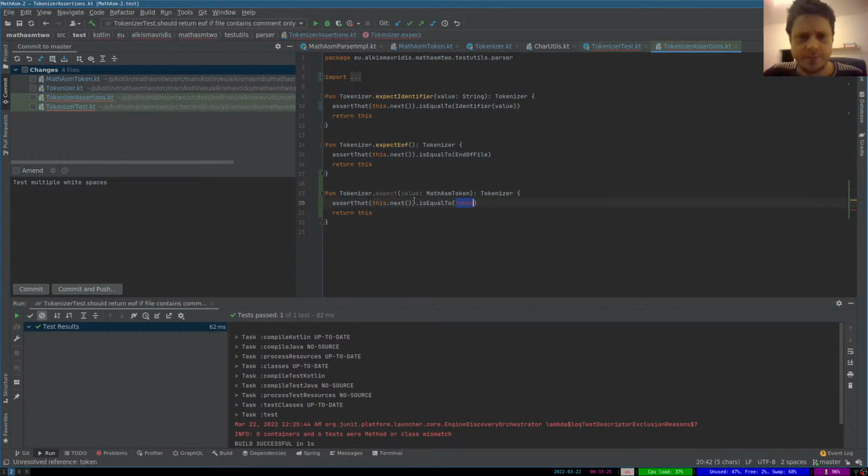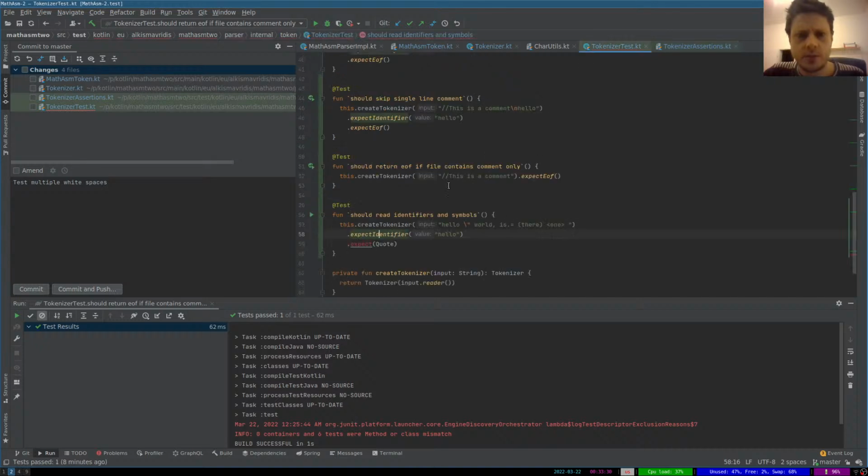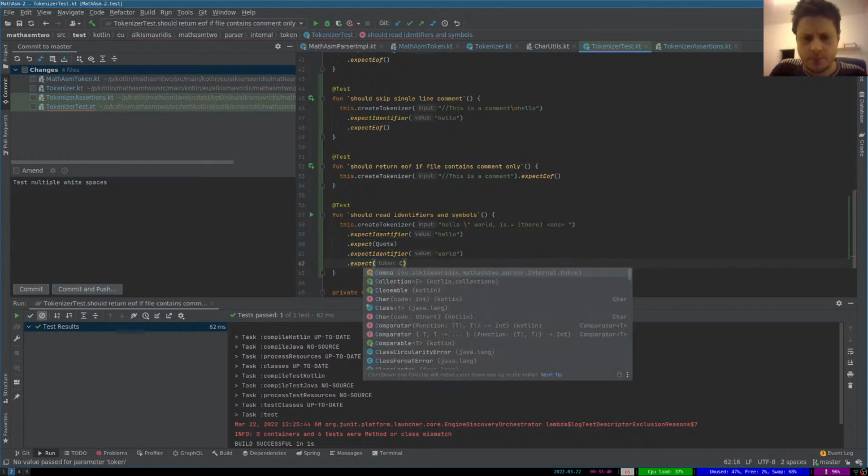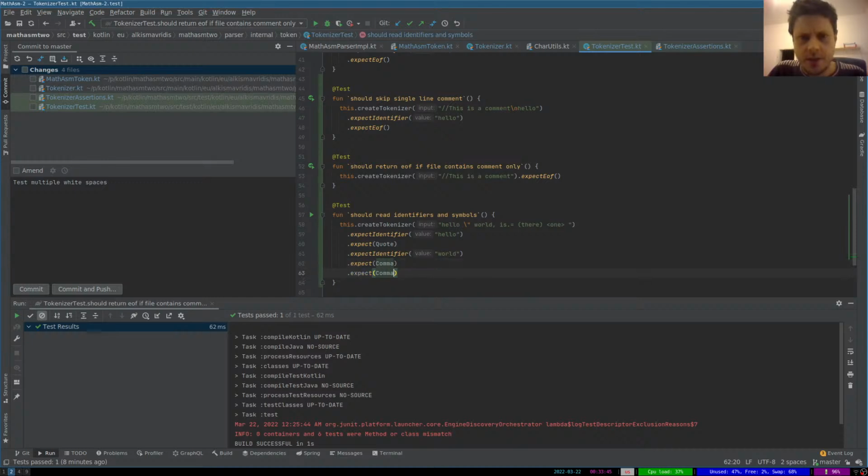Token. So then expect a quote, and then expect an identifier that says world, and then expect a comma, and then expect an identifier that says is, and then expect a dot. Big test, but